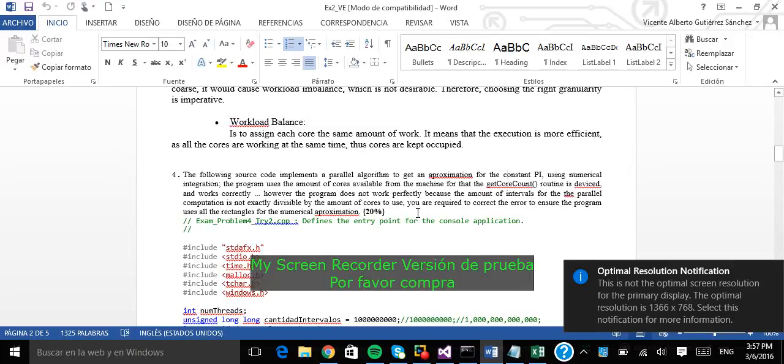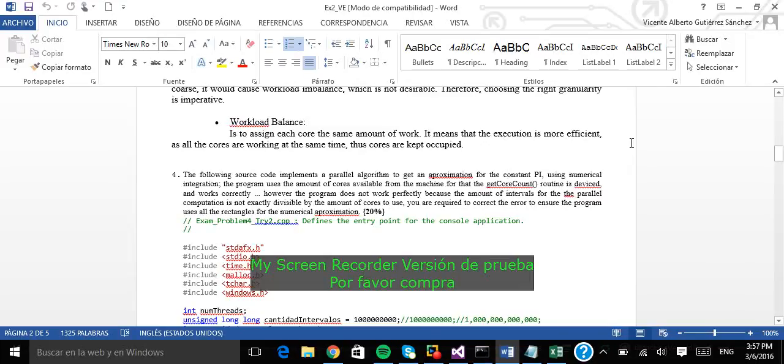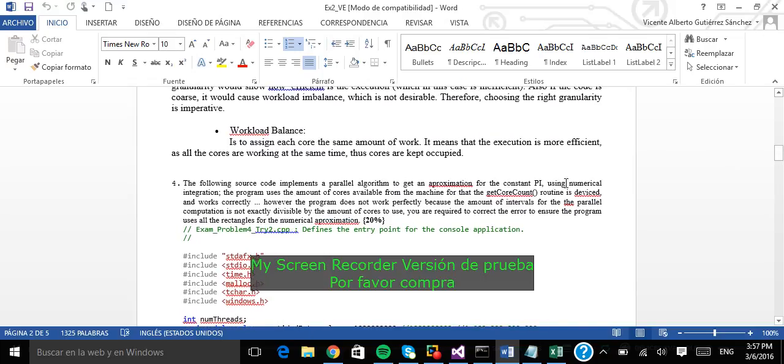Okay, so this is the explanation video for problem number 4 of Exam2. Well, the problem we had was that even though the initial code was able to calculate the constant pi, the program did not work perfectly because the amount of intervals for the parallel computation was not exactly divisible by the